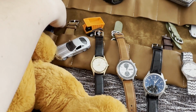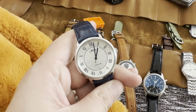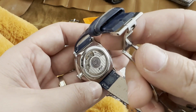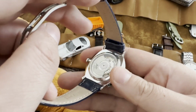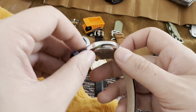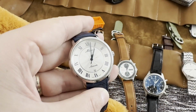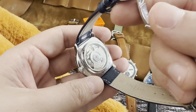What else can I show you? I want to show you this guy here. This is a Mido watch. Again, you can see the full video on this watch. I don't want to talk too much about it, but it has a 2892, 2893 ETA movement, and it has a thin profile. It has a thin case, and I got this for cheap, and I'm keeping it because I like it. It's a nice dress watch, and